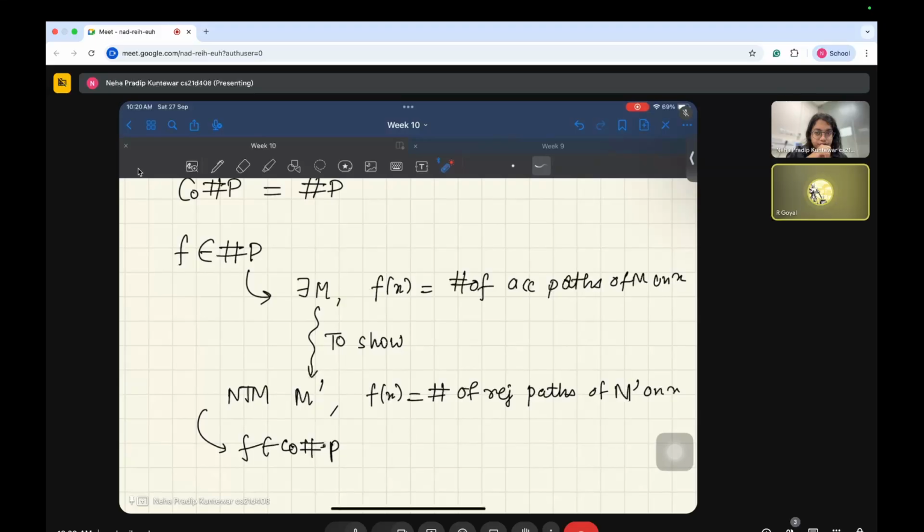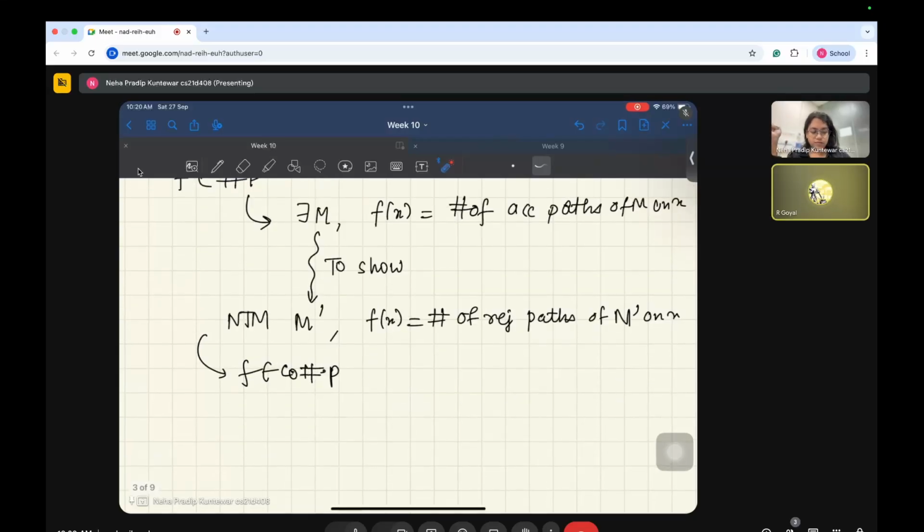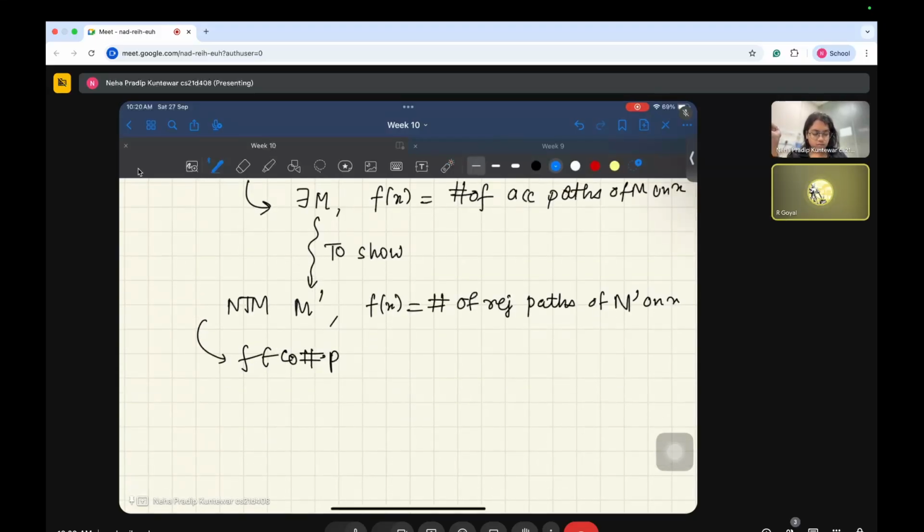I can add some dummy paths which will always lead to rejection, just to increase the count. That can always be done. If you add paths, you can increase the count if you want. But in case I want to decrease the count, if I want to reduce the paths that are leading to the rejection, and reduce those paths,